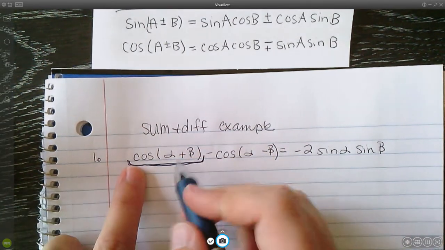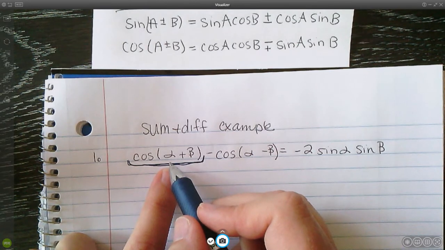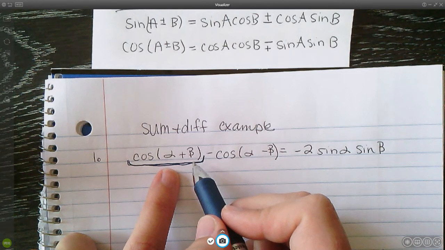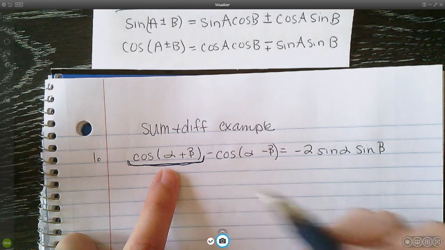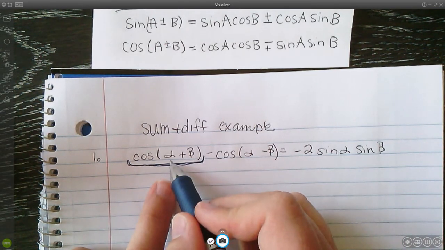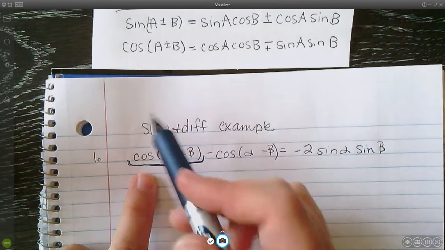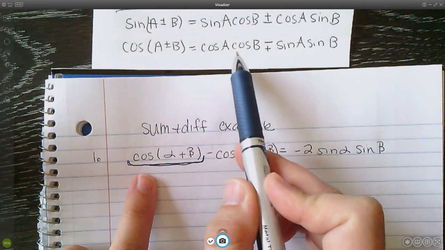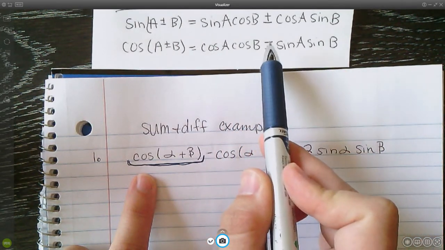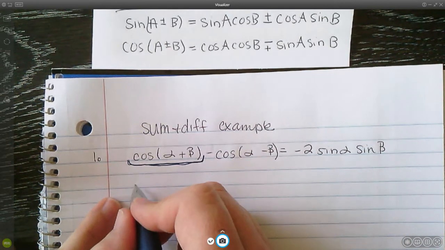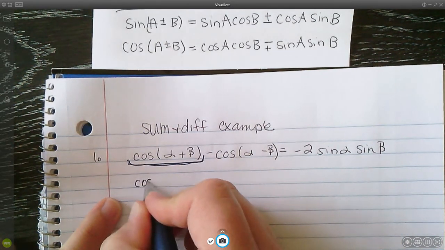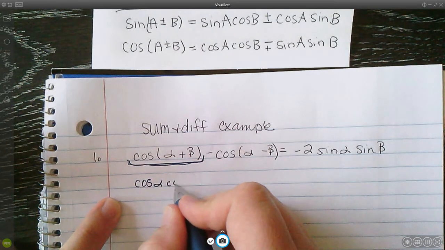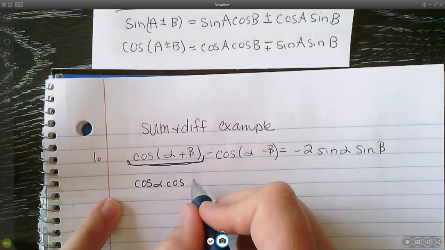So we have the cosine of alpha. You use theta and alpha, and this one's beta. You use those for angle variables, I guess you would say. So we have alpha plus beta. So we have cosine, so we go to cosine. We go to plus. And so we're going to rewrite it like this with the minus sign because it was plus, so that's on top. So we are going to have the cosine of A, which is alpha,